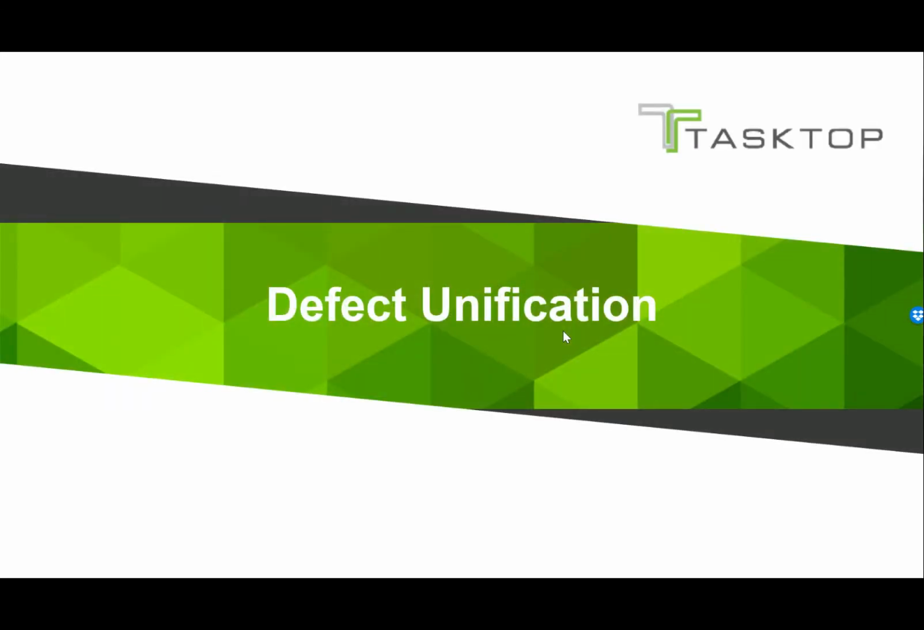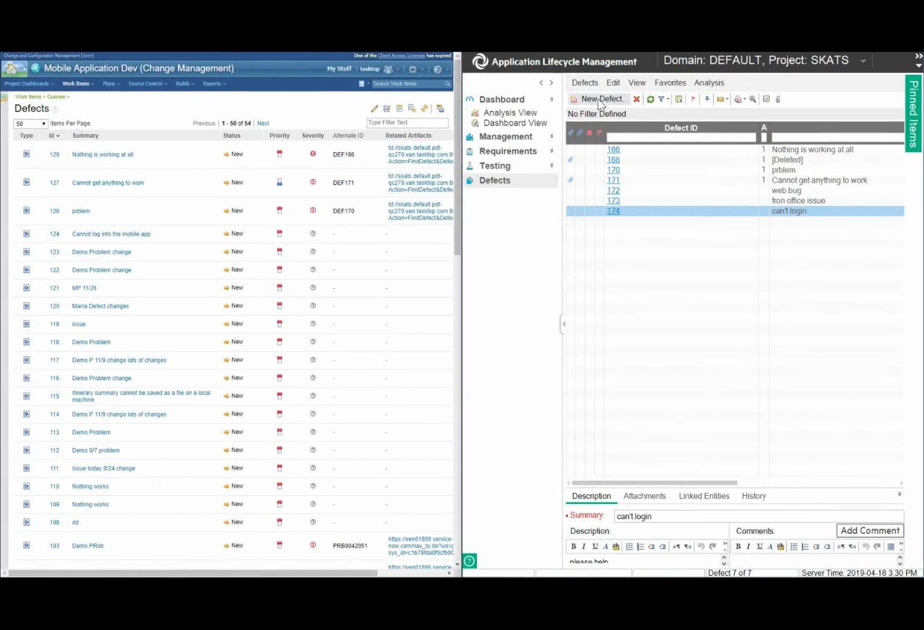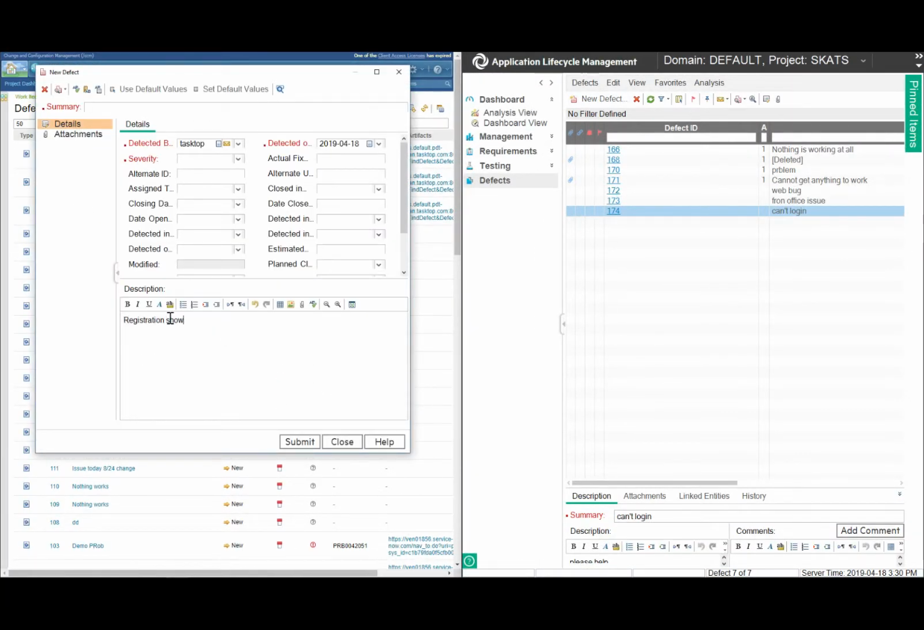Defect unification. Starting in Micro Focus ALM, the test engineer creates a new defect. For this CATS project, the tester uncovers a defect where registration shows unsuccessful even with all the criteria fulfilled. She goes ahead and creates a defect with that in the description, adds expected and actual results and other information